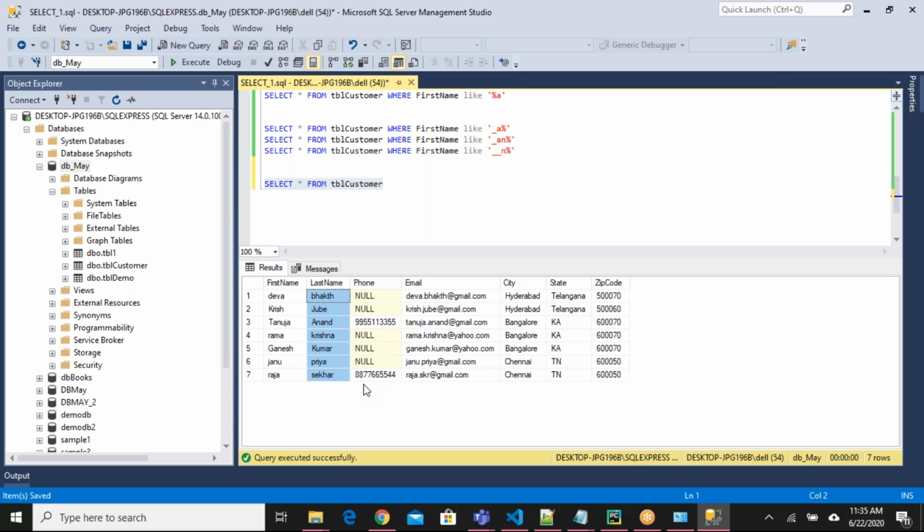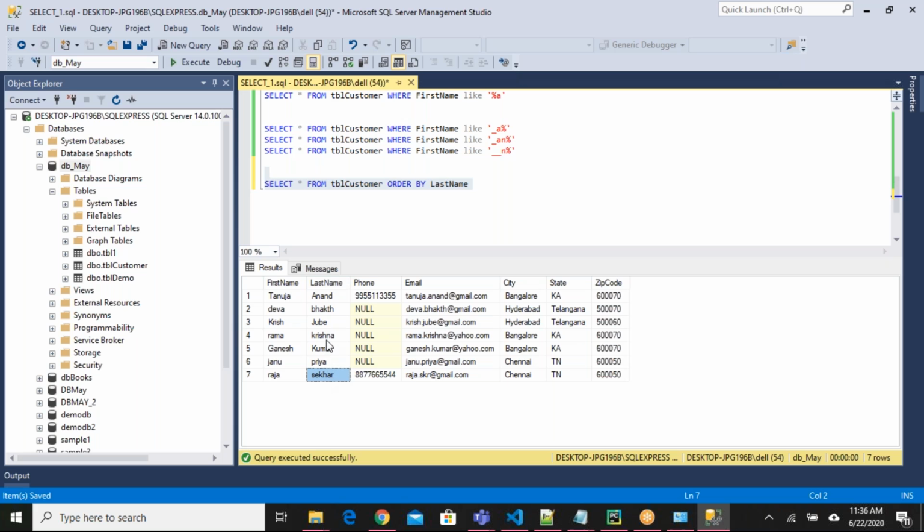When you want to do that, we have an option called order by, and you have to provide the column, last name. If you say order by last name, the last name data will be sorted in ascending order, and we will get all the columns sorted based on that. If you run this, see here, A comes first, B next, J, K, P, S.